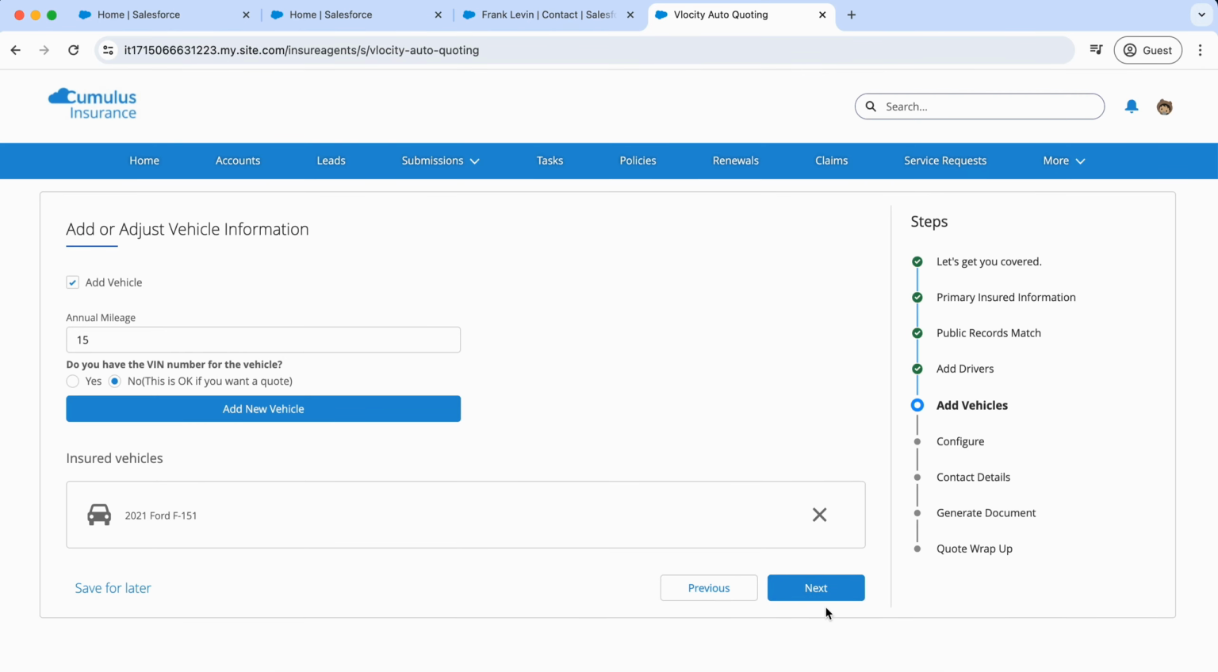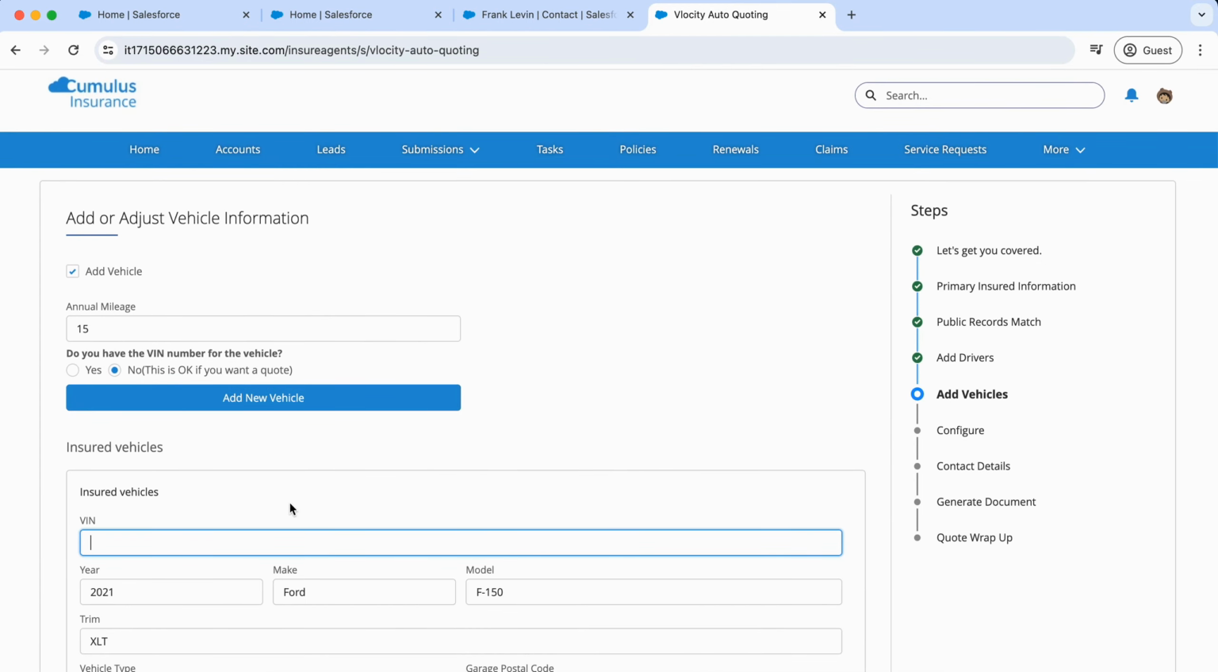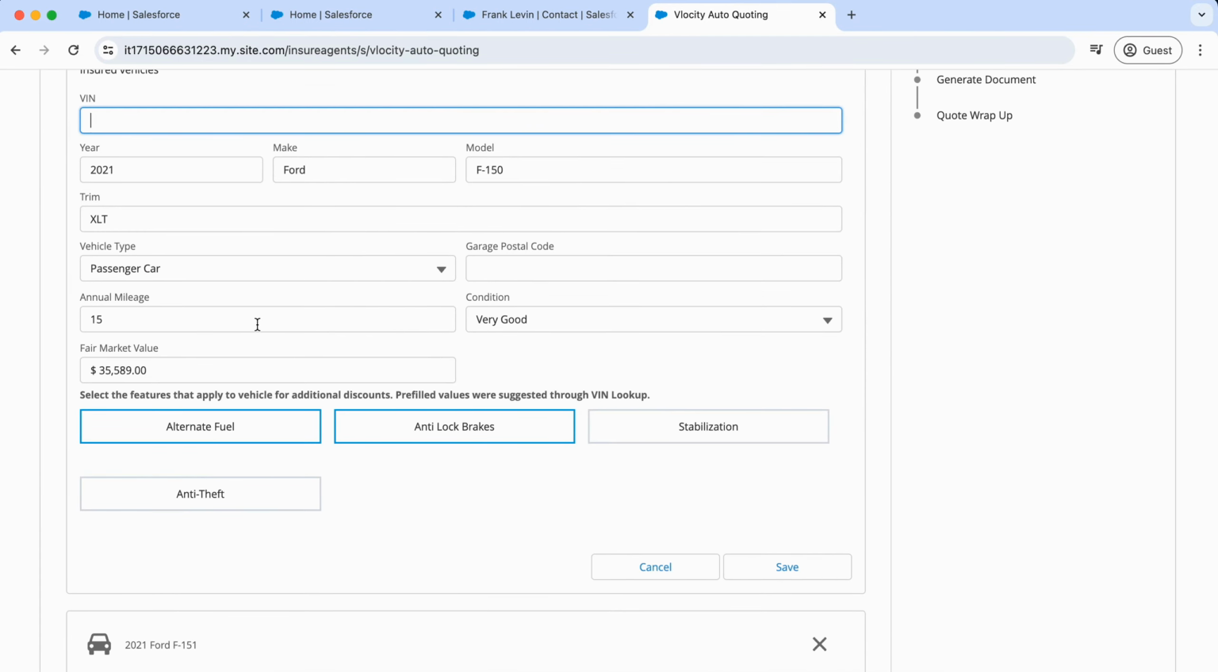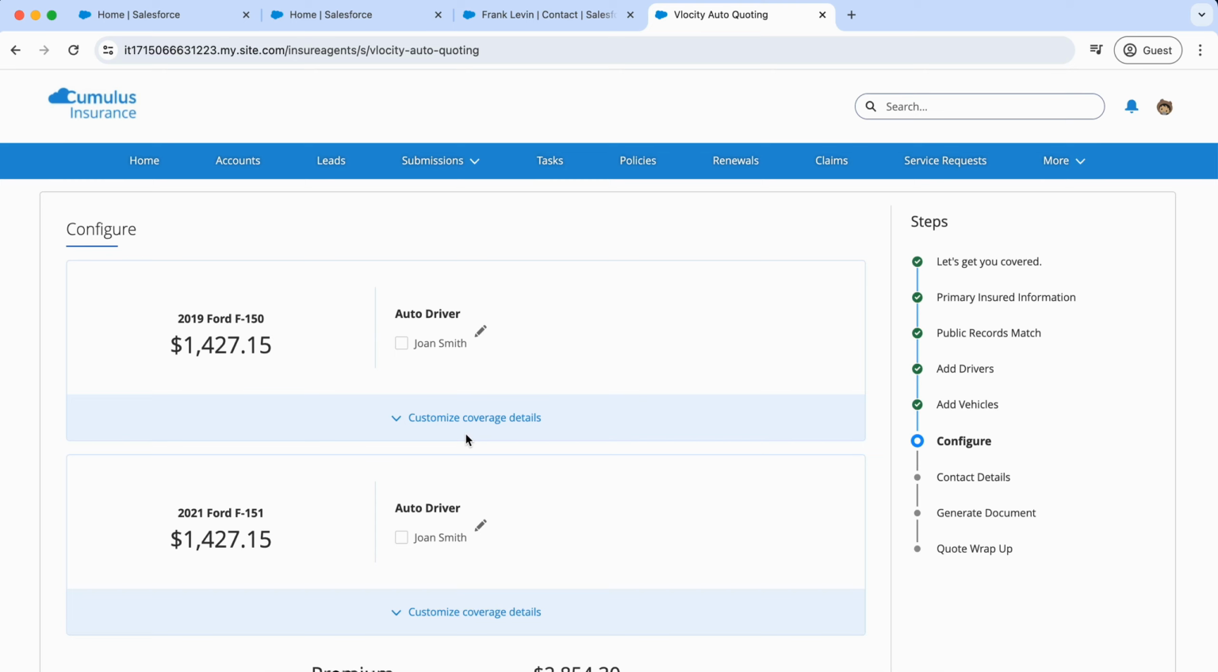Once you click on save, you can add more vehicles. So I can add another one with all the other information, just saying 19, and save. Once we click on next, it will do background processing. It will get the information from the vehicle